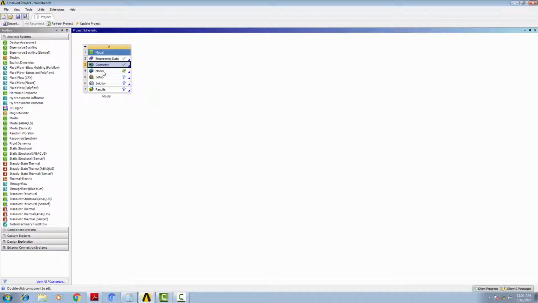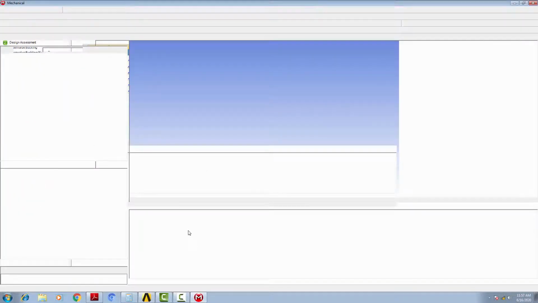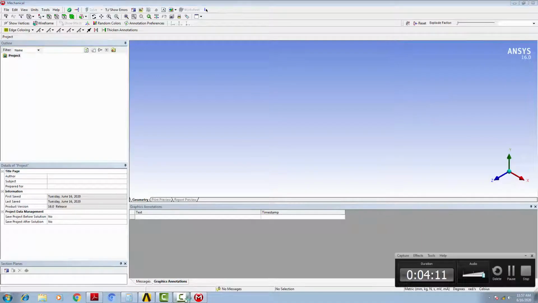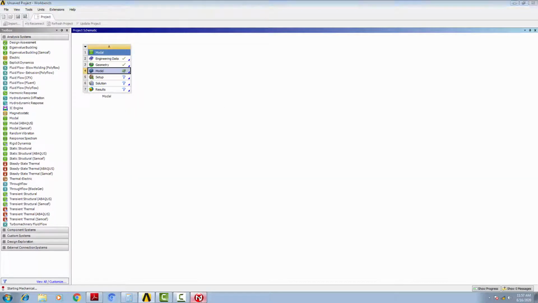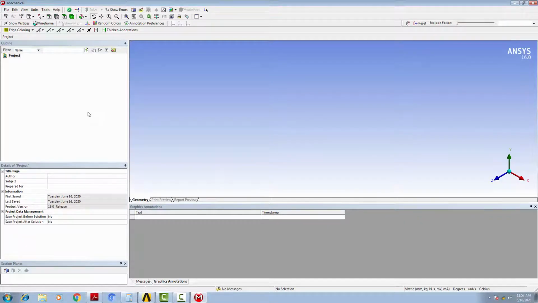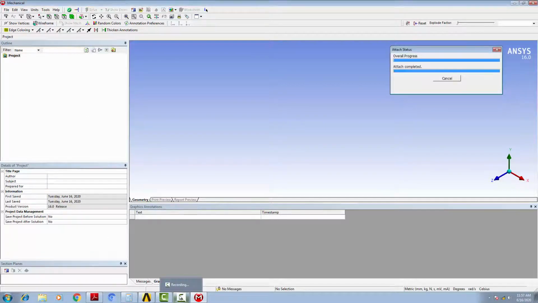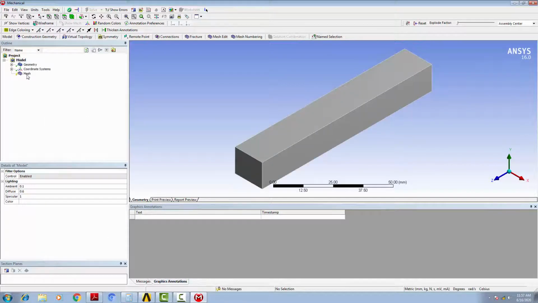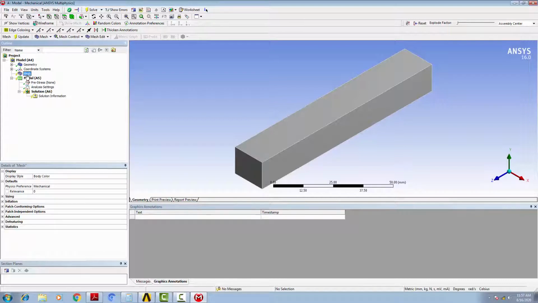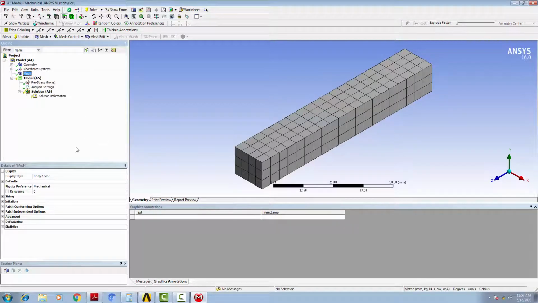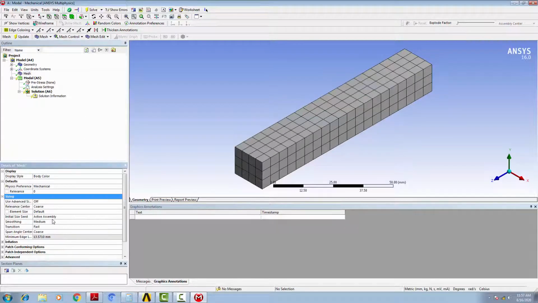Then close the geometry window and go into the model window. First of all, create a mesh. For that you have to right click and then select the generate mesh option. I will change the element sizing.